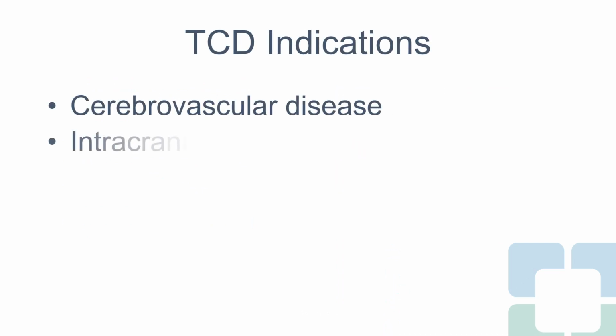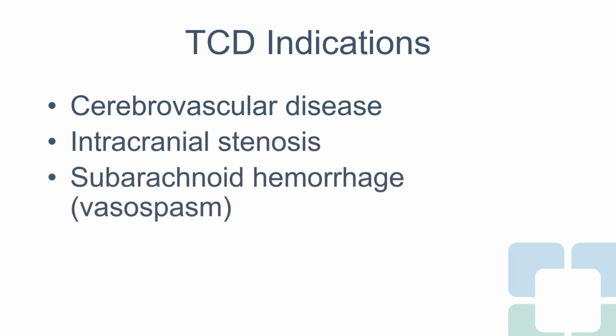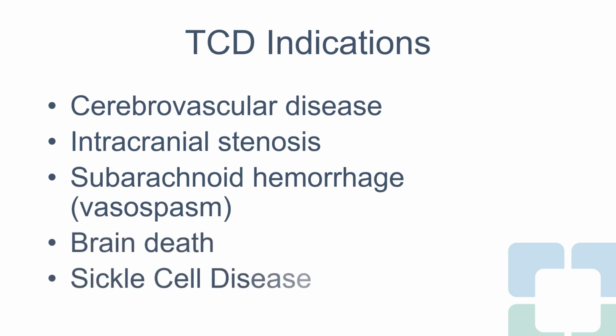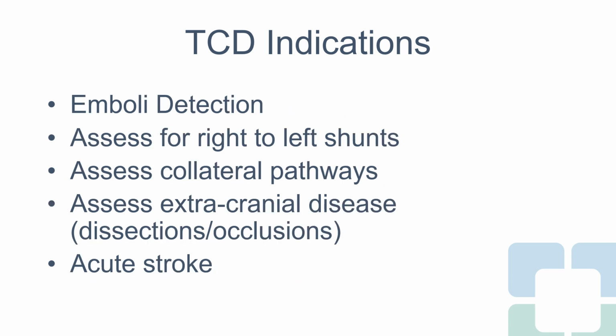What is it indicated for? So it's cerebrovascular disease, intracranial stenosis, subarachnoid hemorrhage, particularly looking at vasospasm, brain death declaration, and also sickle cell disease. It can also be used for emboli detection, so continuous TCD, usually done in 30-minute intervals. Assess for right to left shunts, collateral pathways, and extracranial disease. For example, if there are dissections or occlusions in the extracranial disease, it can look at the effect intracranially,